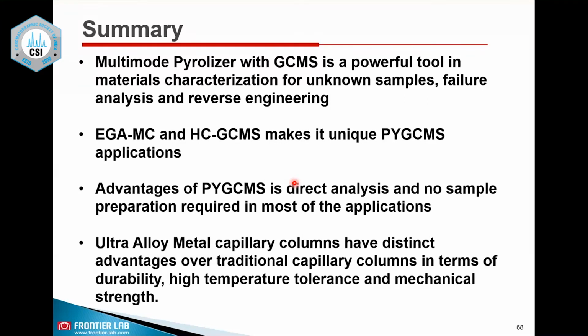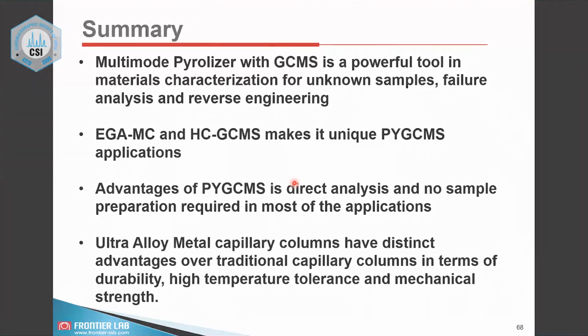The advantage of Py-GCMS is direct analysis. Every chemist in the laboratory would like to have that. If you are able to analyze any sample directly, that's the best option they want to choose, and that is possible with Py-GCMS. And as I explained briefly, the Ultra ALLOY metal capillary column has a distinct advantage over traditional capillary columns in terms of durability, high temperature tolerance, and mechanical strength. So with that, I would like to thank